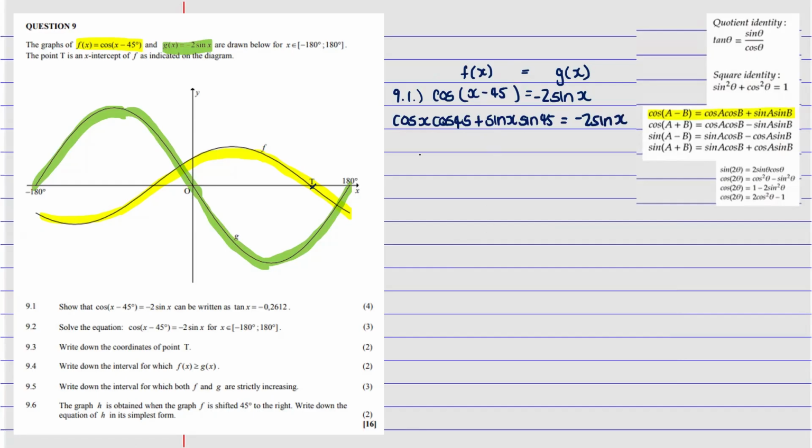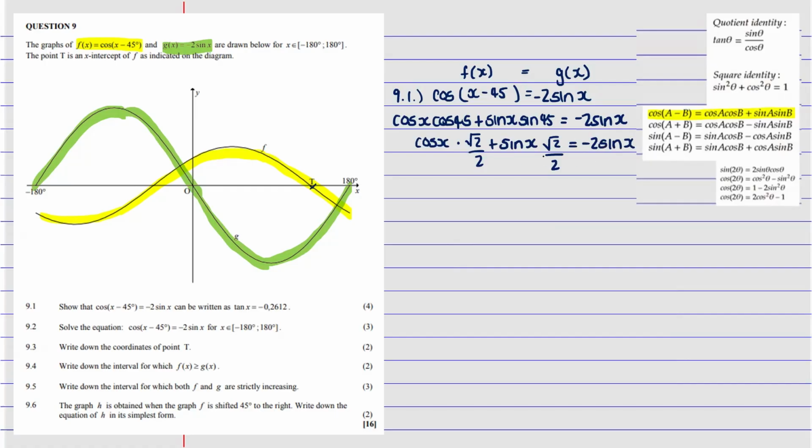So now let's simplify this. Then cos 45, we know the fact that this is going to give us what? This is going to be cos x, and when you say cos 45, it is going to be root 2 divided by 2, right? And this is going to be sine x. Then sine 45 is also going to give us what? Root 2 divided by 2 is equal to what? Is equal to negative sine,